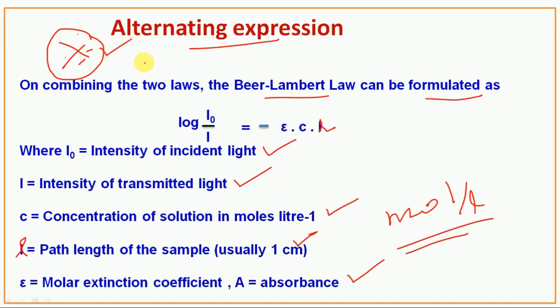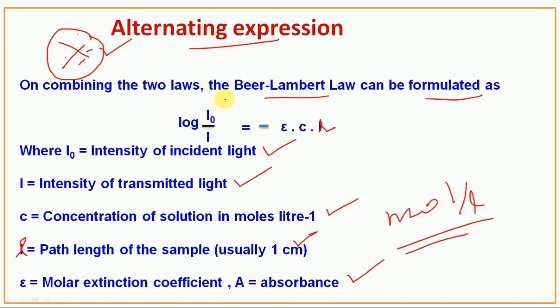Remember this equation, because it is very important. Sometimes they will ask problem-related questions from the exam point of view, in school level or college level also. This Beer's law and Lambert's law are very important, and this equation also is very important. Whoever is attending the NEET exam, IIT JEE exam, GATE exam, or CSIR exam, these national level exams, this Beer-Lambert law equation is very important. They will ask problem questions.